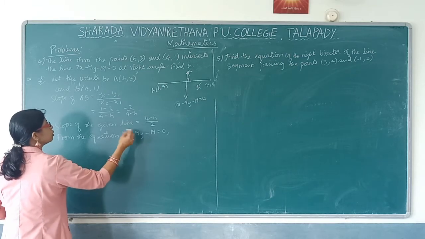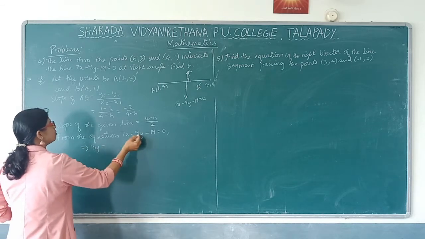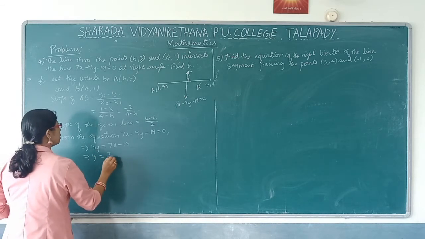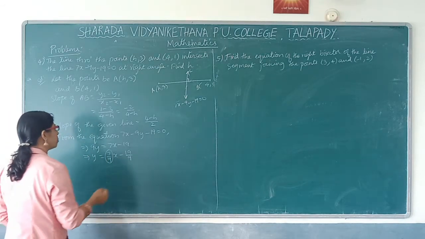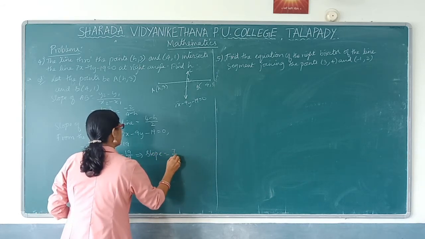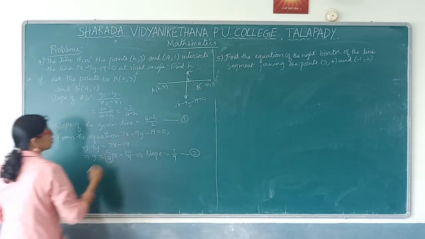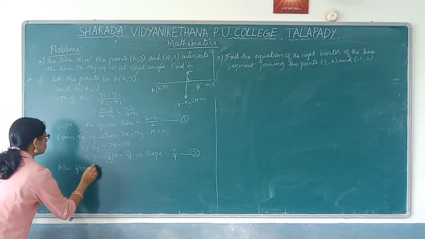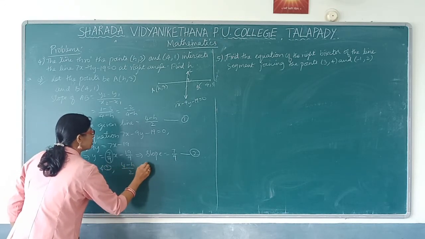We can reduce this to y is equal to mx plus c form. So 9y is equal to 7x minus 19, or y is equal to 7 by 9 into x minus 19 by 9. See, we have reduced it to slope intercept form. This implies the slope is equal to 7 by 9. We also have another expression for the slope, 4 minus h by 2. So from 1 and 2, we can equate: 4 minus h by 2 is equal to 7 by 9.